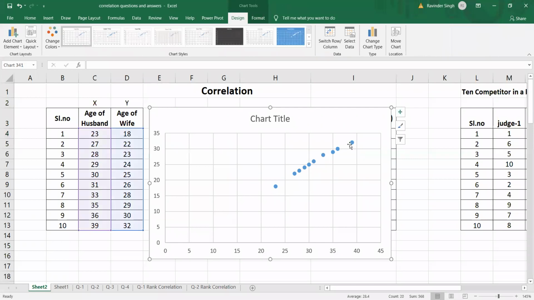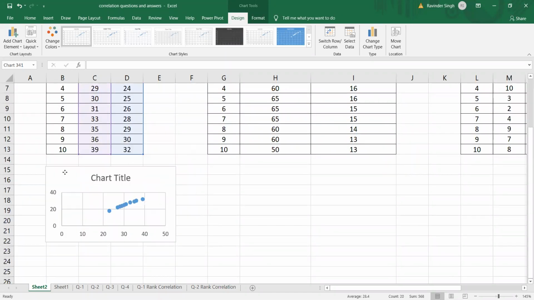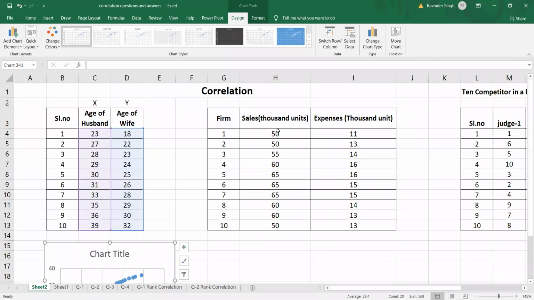You can see that all the points are almost in a straight line. If you plot a straight line over there, almost all the points will lie on this line. So the x and y data we have plotted has a very straight line pattern. I will tell you in a while what this straight line pattern means. Let me make it small and keep it here.